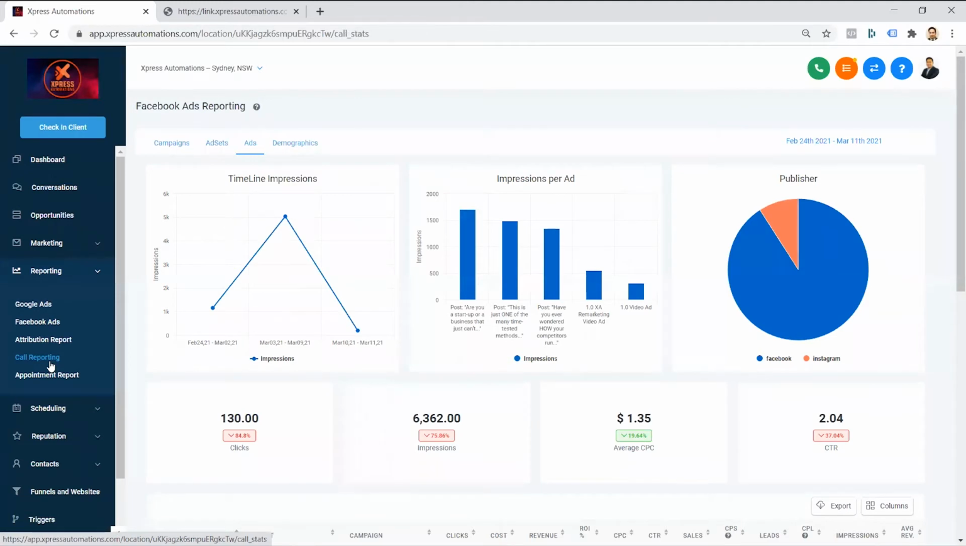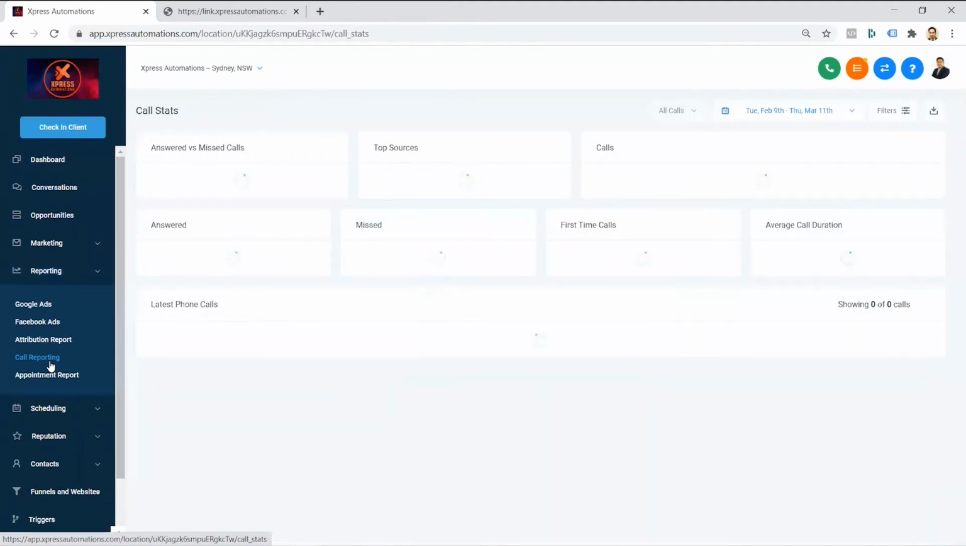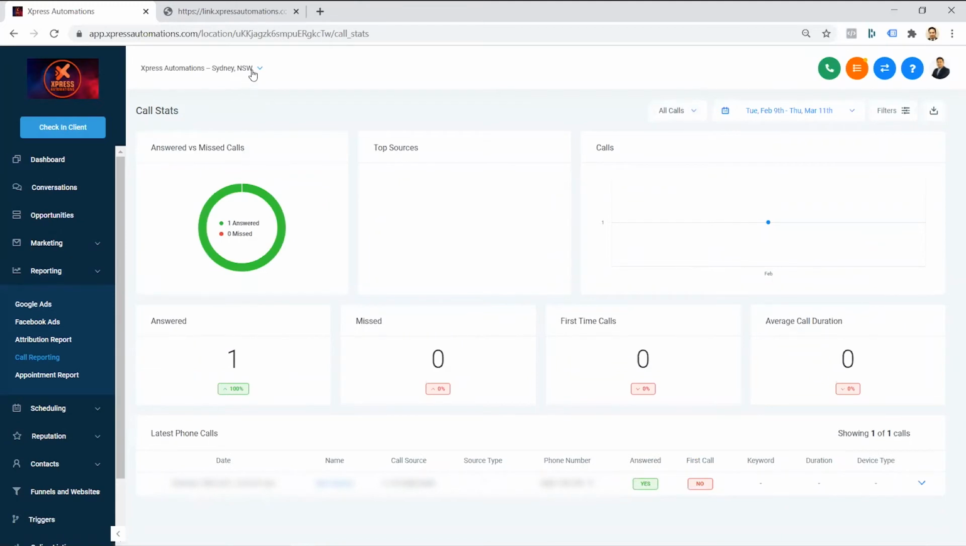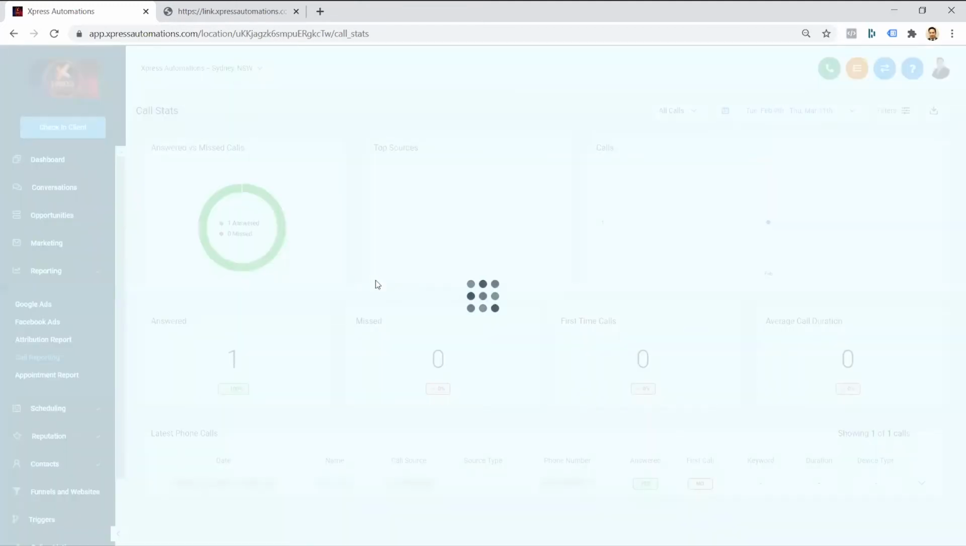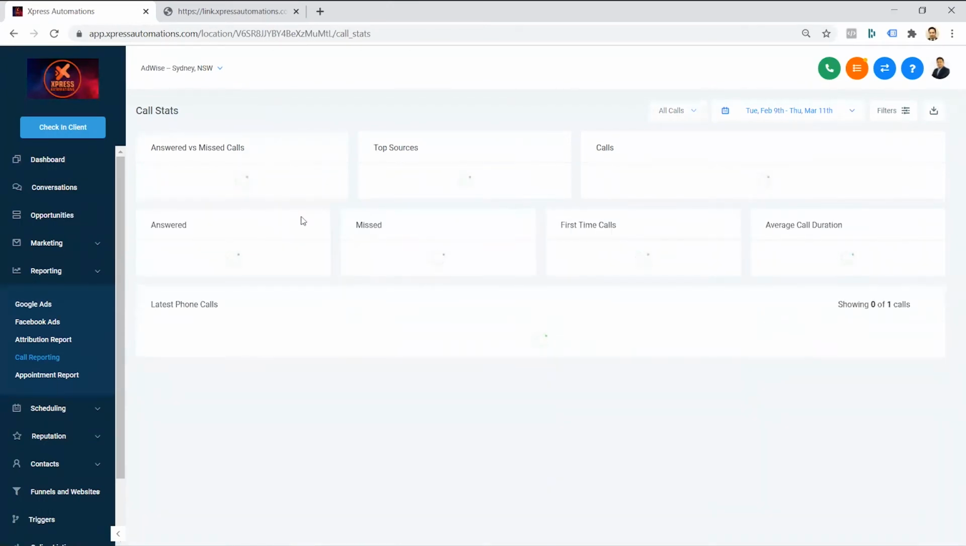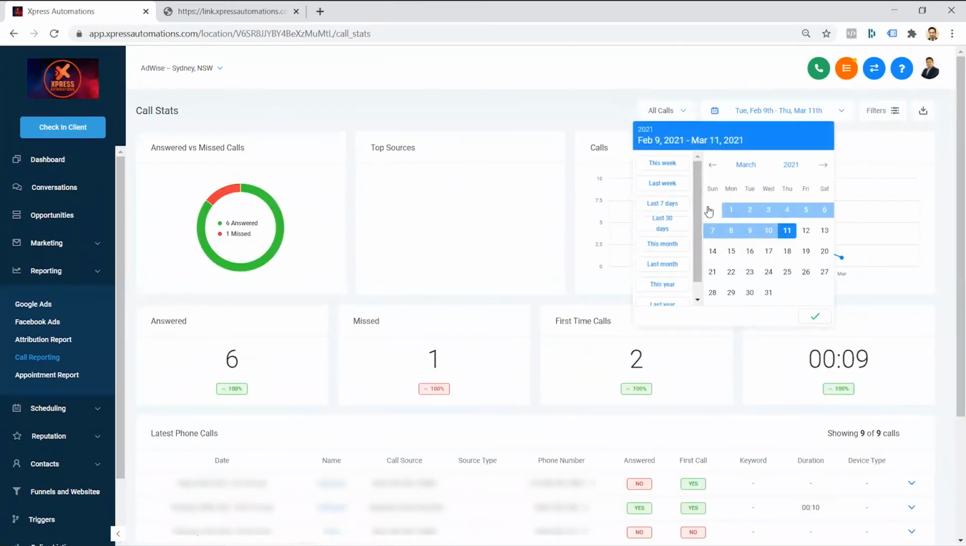Now, call reporting is very important as well. So any calls that come in and out of your organization can actually be monitored and tracked over here. So any calls that you make will all stay in the system. Let me show you another example here. So say in another account, you can see actually how many calls are coming in and going out of the system. So let's say, let me make this as a timeline, say from 1st of Feb to March,